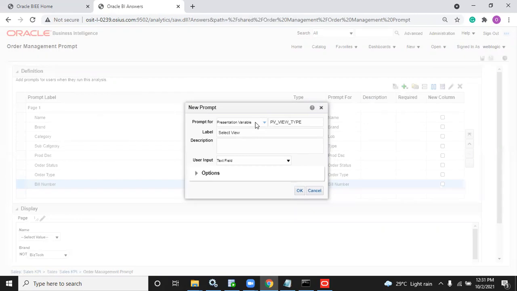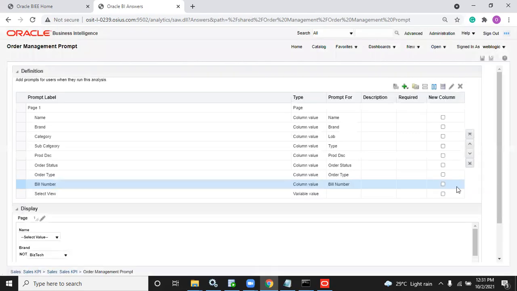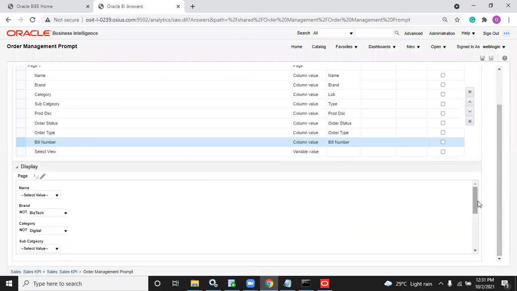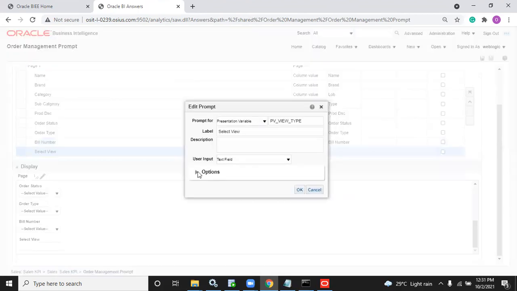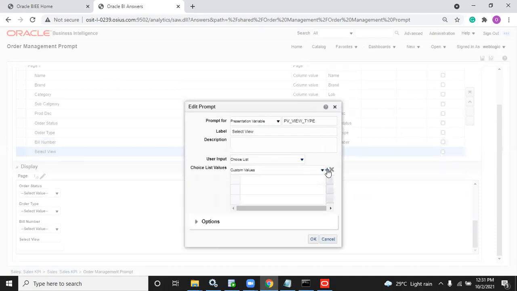This is a presentation variable. What we call it is a presentation variable. Is that clear? Yes, that's the reason I named it PV. This is the name of the variable. This is the label. So how will it display the label? Like this. The label is this one. The variable name will not display. Now, what values do you want to display in this? I want to display it as a choice list. What values?